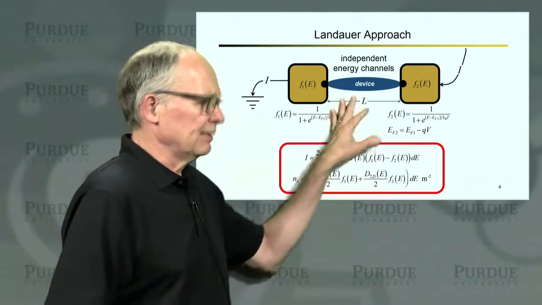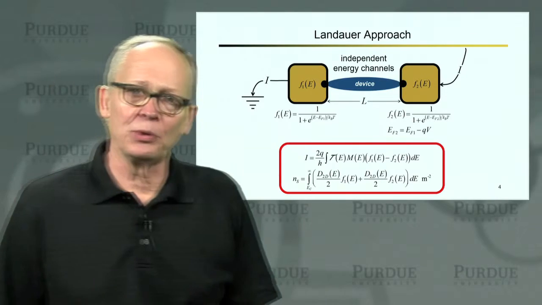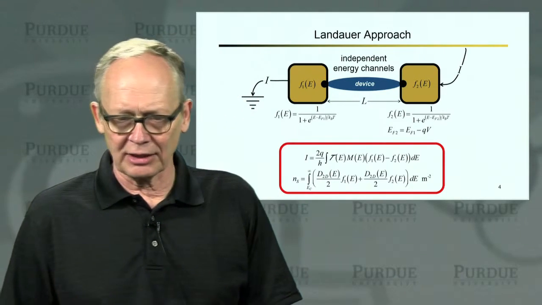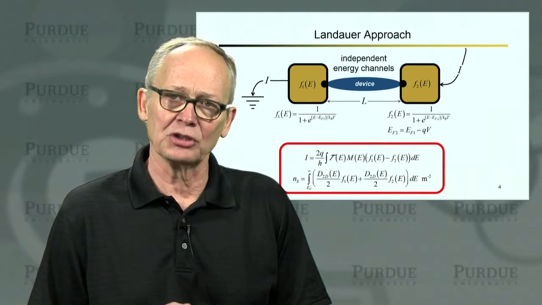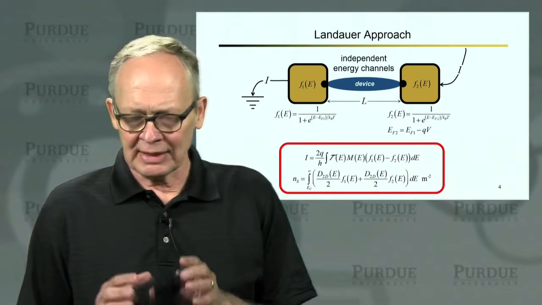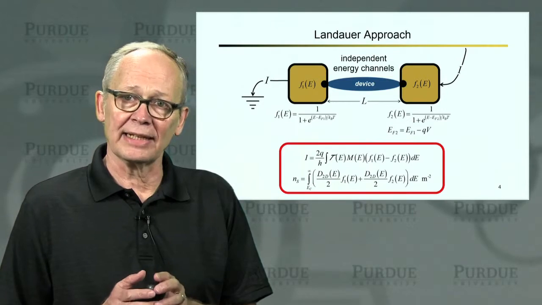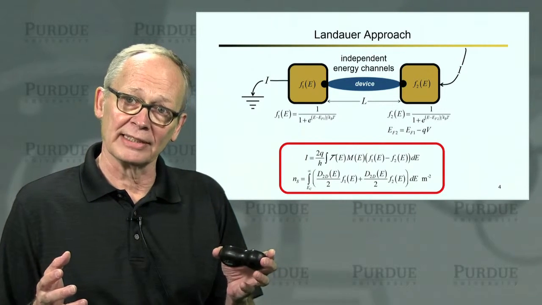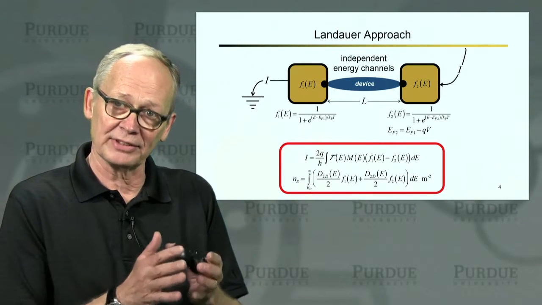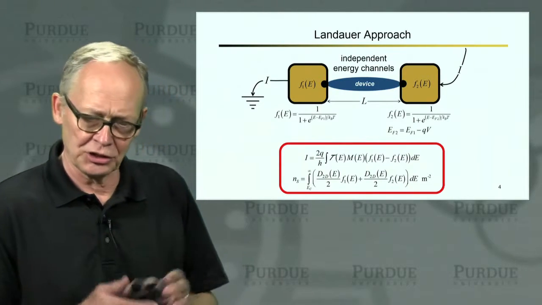All right, now the description of transport that we used in our studies here was this so-called Landauer approach, which provides a simple, conceptually sound way to treat transport at very small length scales. We learned that it also works at very large length scales, and that makes it very attractive to go seamlessly from short channels to long channels.